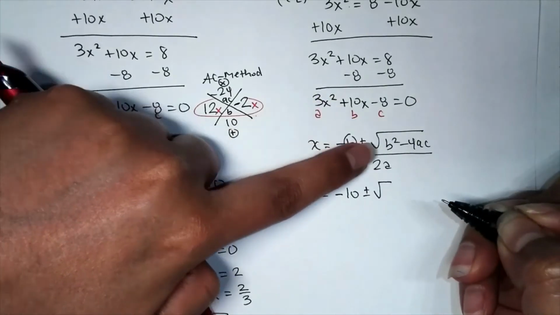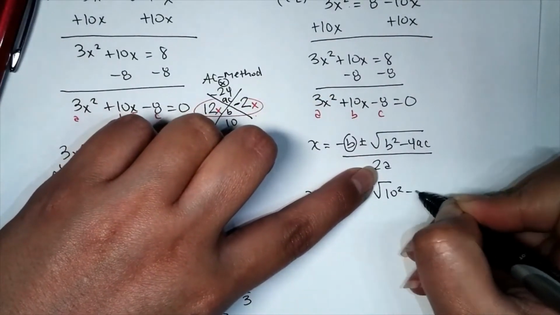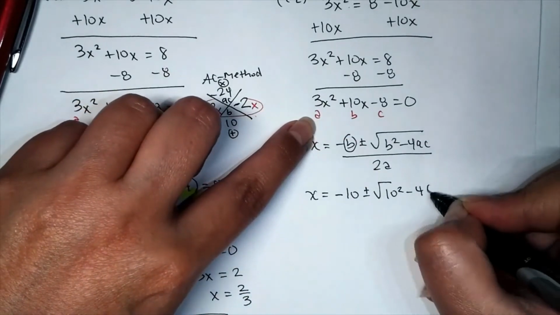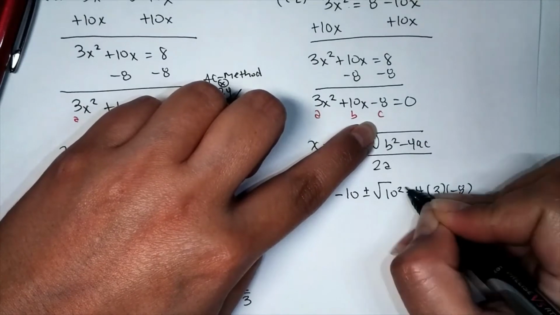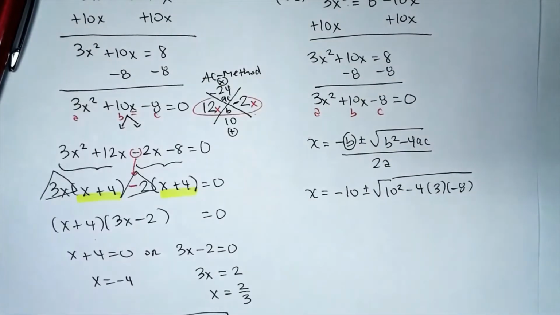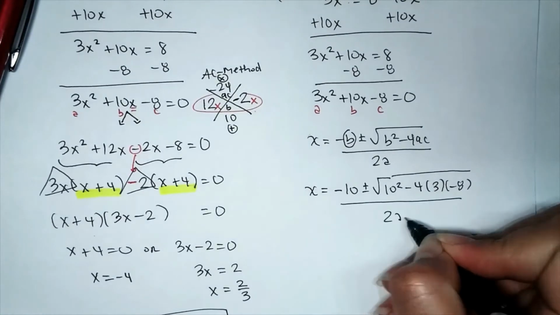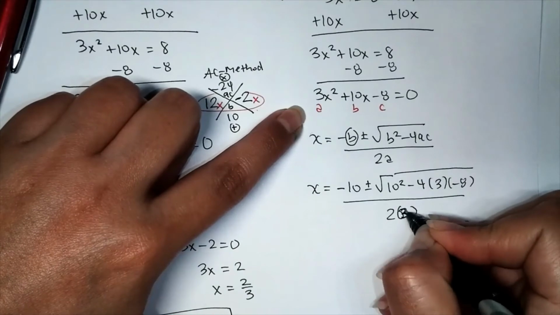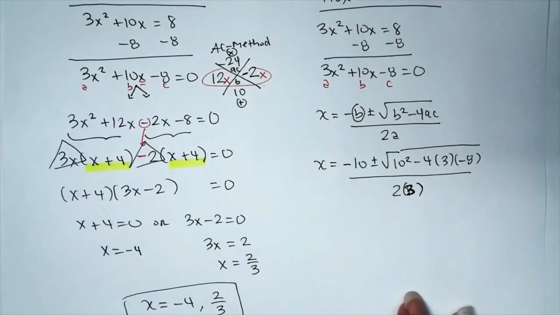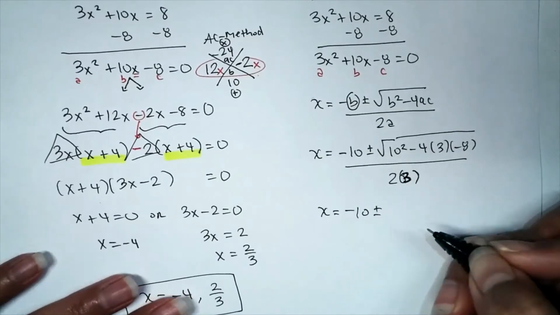the square root of b squared. b is 10, we have to square it, minus 4 times a, which is 3, and c is negative 8. Fantastic. Okay, and that's all over 2a. Oh, a is 3. This is what happens when I put my other hand down. So that will give us x equals negative 10 plus or minus